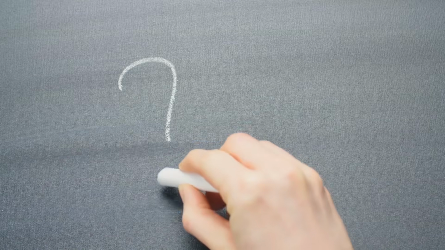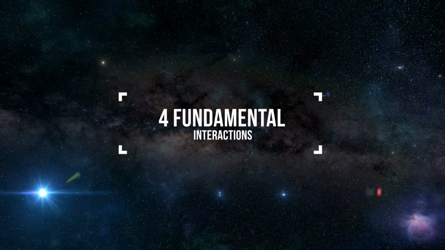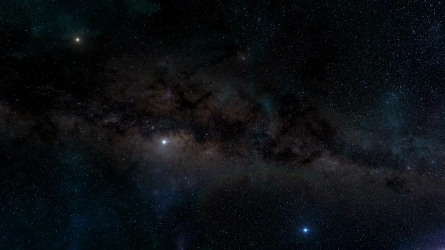What governs our world? How can we sum up all the existing sciences in just a handful of different types of interactions? These puzzling questions are the topic of this video, which will present to you the 4 fundamental interactions that describe why our world is like the one we observe.